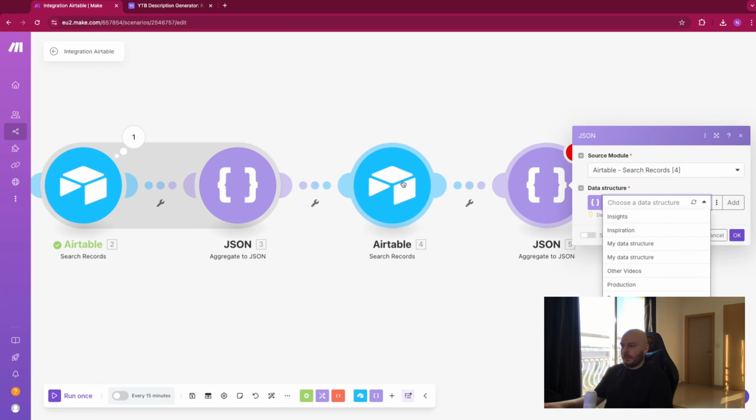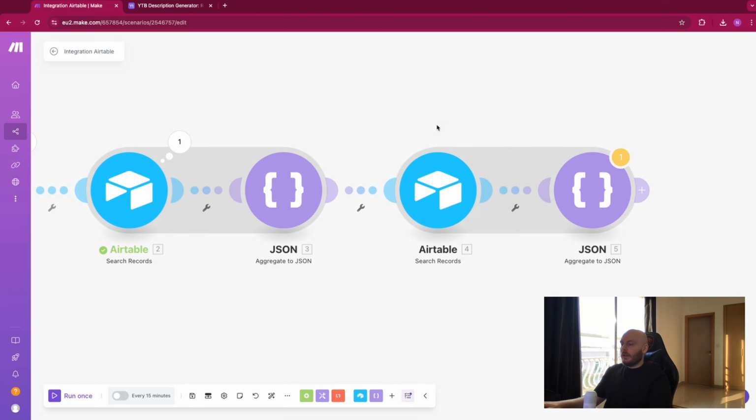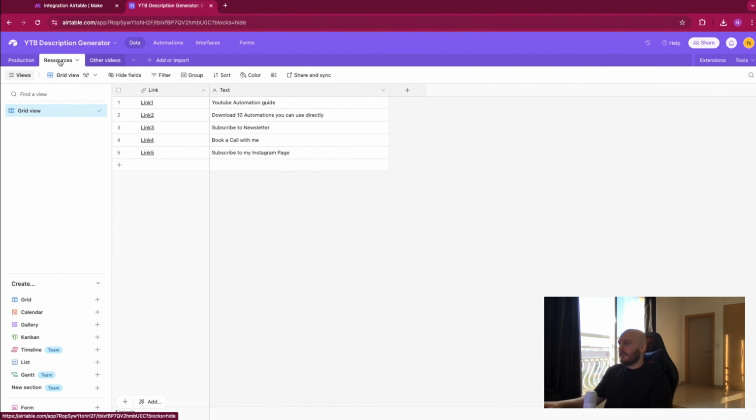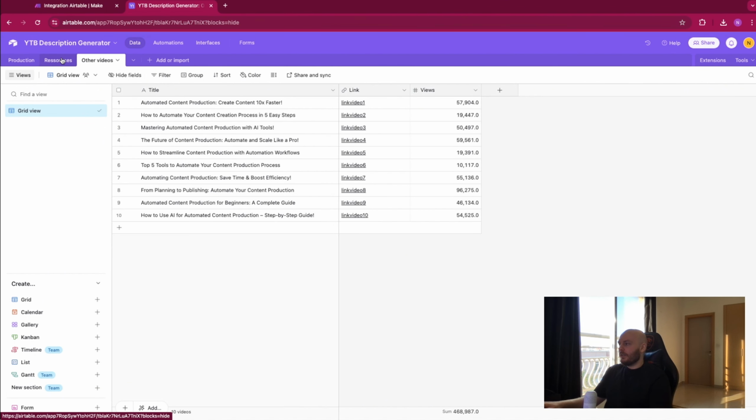And we said, other videos. And this is the data structure. So we want from this search record the title, the link, and the views. So basically now we have retrieved all of this information